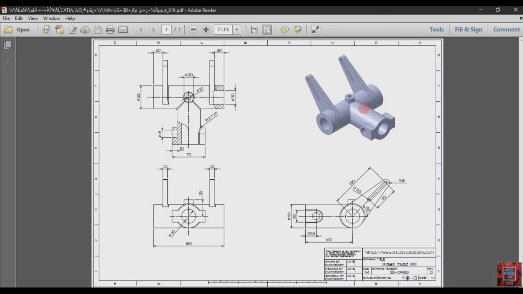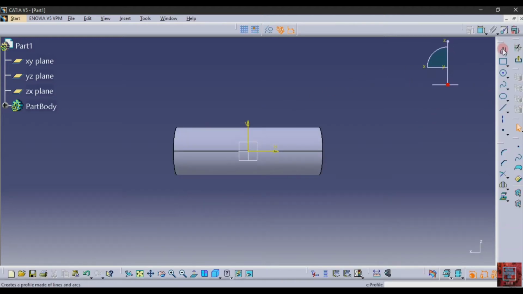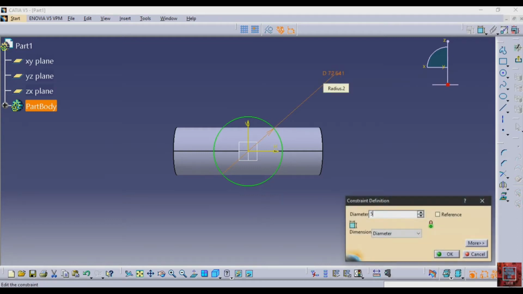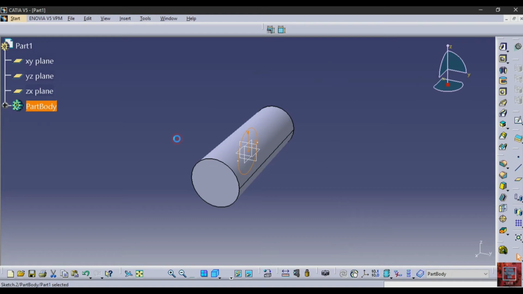Then in the second step we are going to make this side shaft. So first select the ZX plane, sketch, circle, and give the diameter 50. Exit sketch.